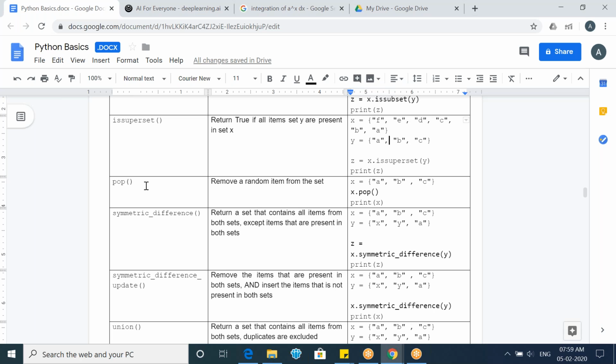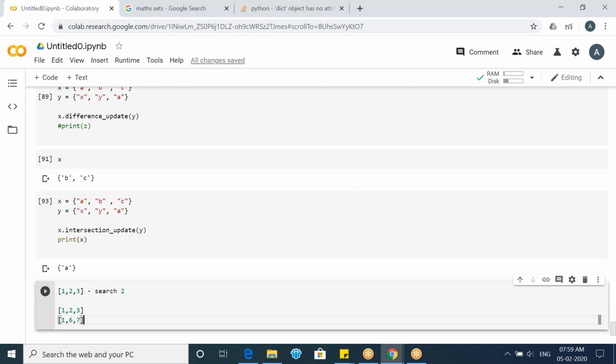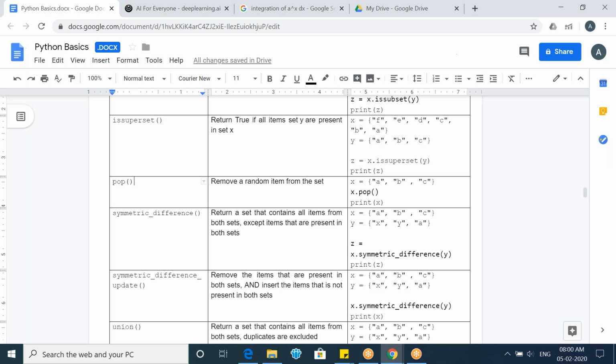And pop. Okay, since the set does not have any order, it pops any element. It's not like I'm getting only A or B or C. It can pop any value. Pop means it removes that, displays it, and removes it from the set itself. The symmetric difference. Okay,